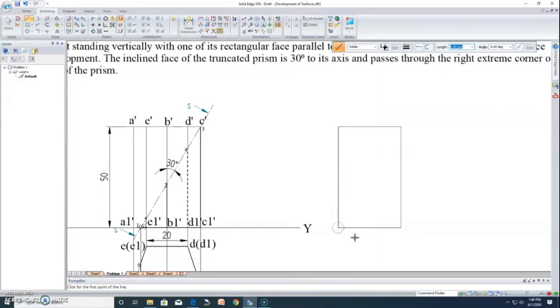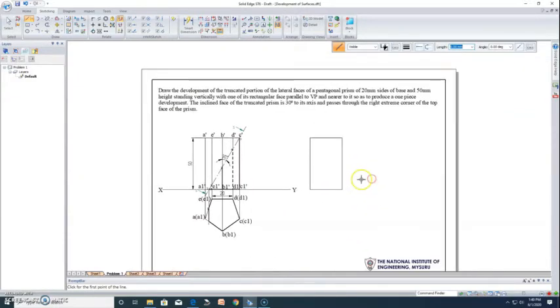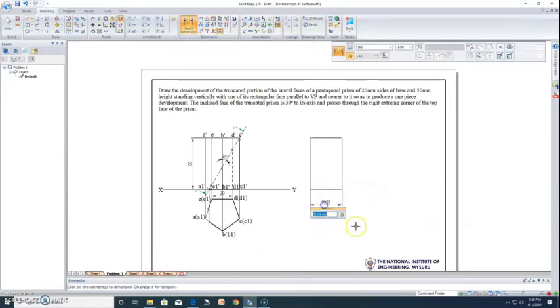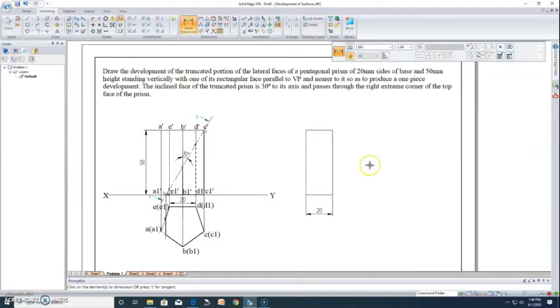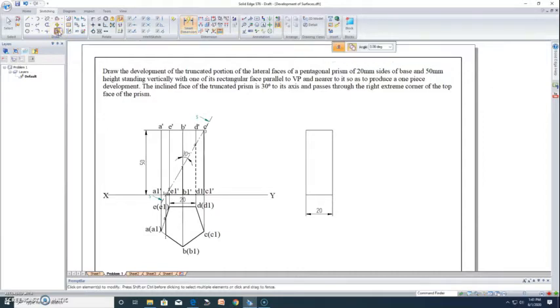So rather than making a full stretch out length, I'll just make one vertical face. So I'm going for dimension here. I'll dimension this base, which you know is 20 mm. Right? So I am going to make a replica of this 5 times, because you know that a pentagonal prism has 5 vertical faces. So I'm going to use the option called mirror. Okay, so I'm going to use an option here towards the left. You can see mirror. So I'm going to mirror this entire solid 5 times with respect to the edges.